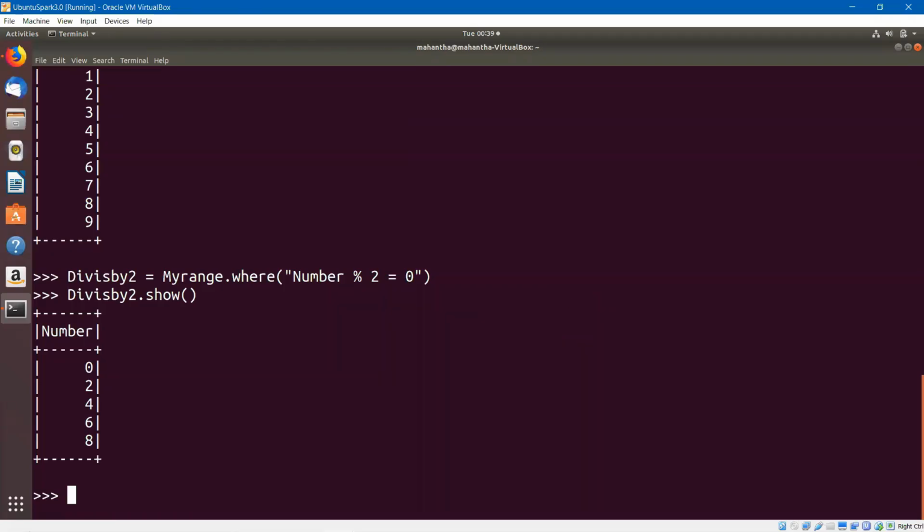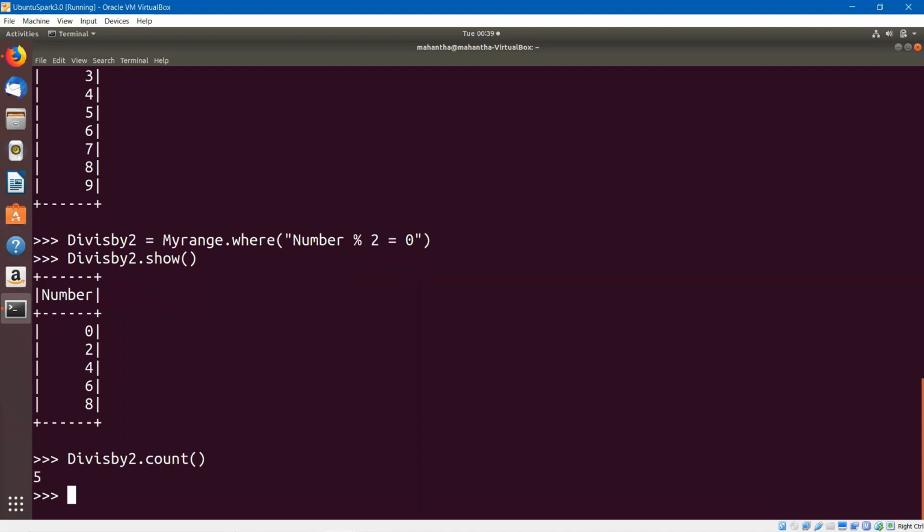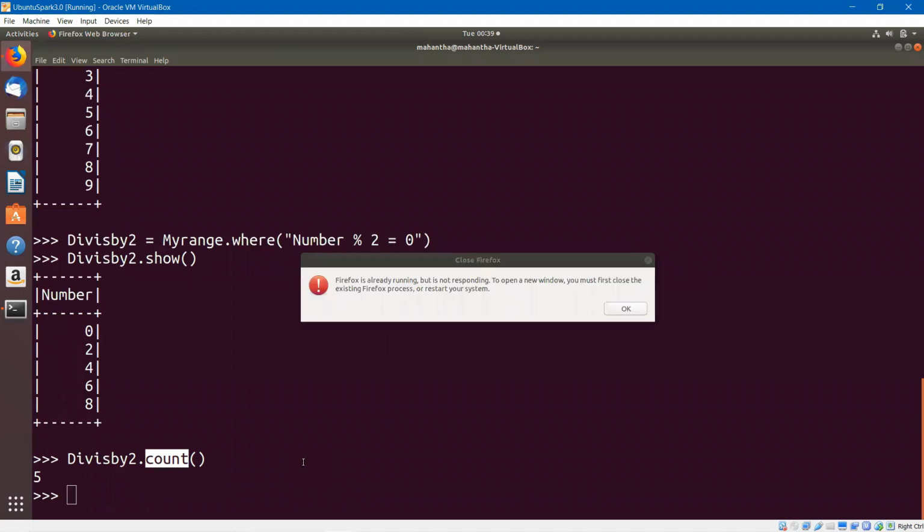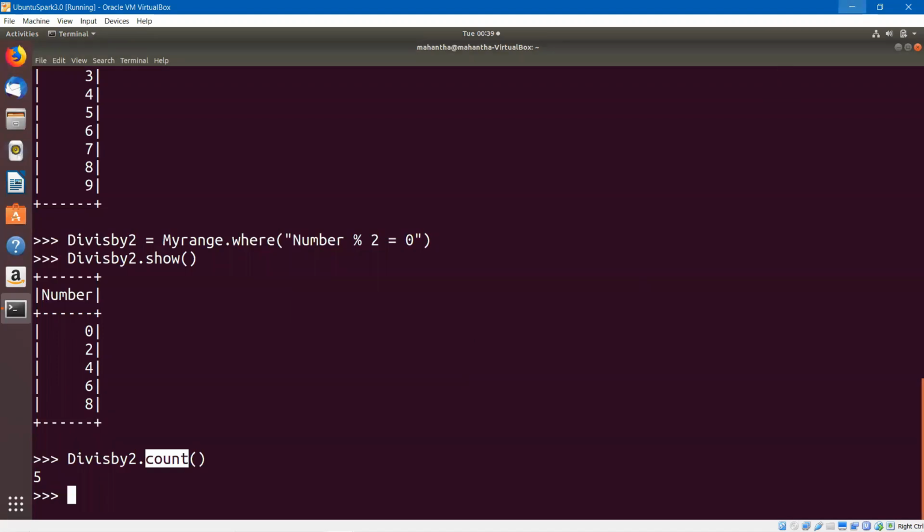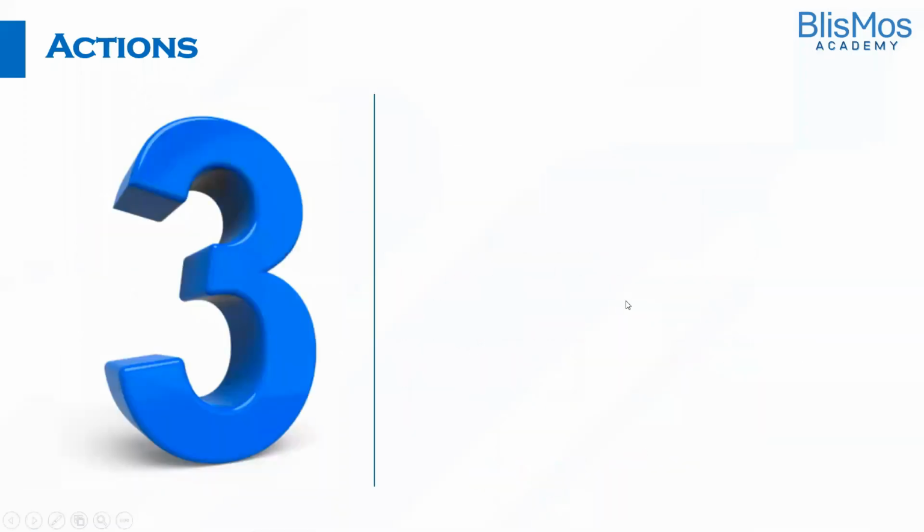So device by 2 is there. We say count. Count is an action here. Okay, this is a count. So we have 5 values. Ideally, until we use a count action here, nothing would be happening. So count is an action. Action will trigger the computation. Please remember. Now that we understood what is action and how do we do that, let us try to understand